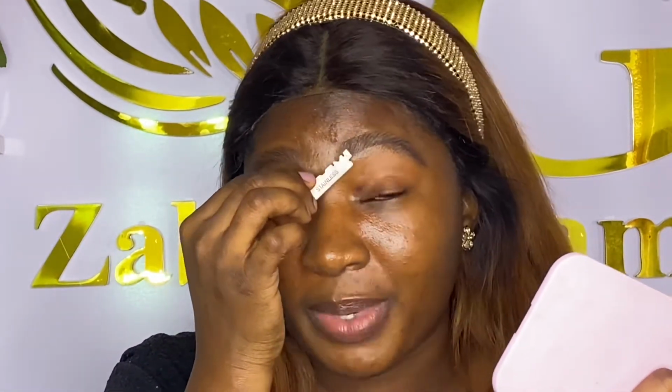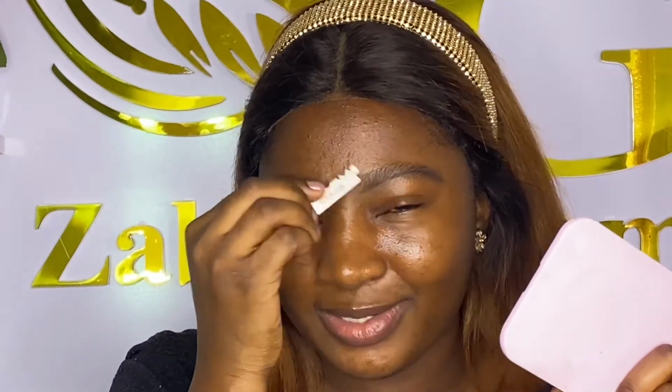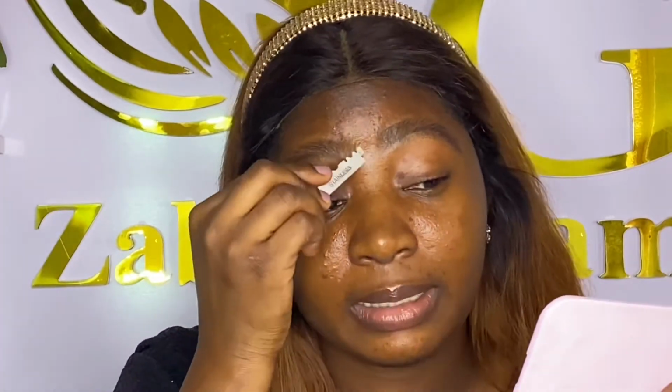So what I like to do is raise my eyebrows up like this, so that I can have enough space to go in with the blade. If I'm doing it like this, there's not much space, but once my eyebrows are raised, because I've already outlined it, it will be hard for me to trace it. So now you want to raise your eyebrows up like this, and then just